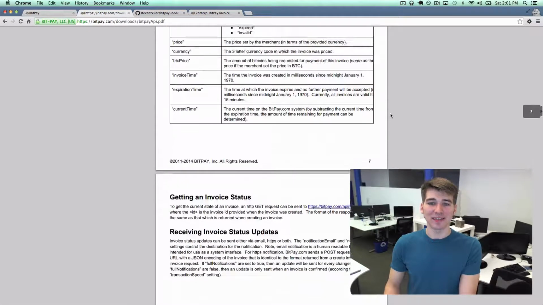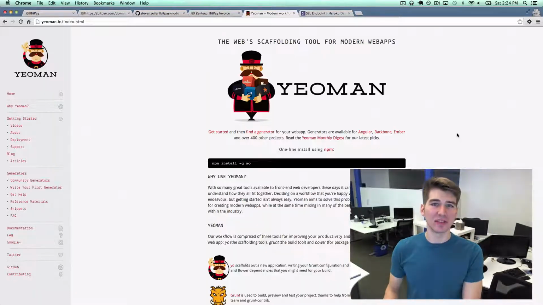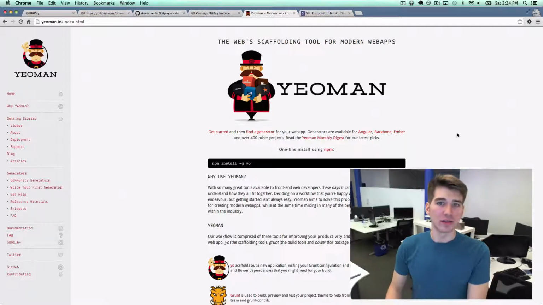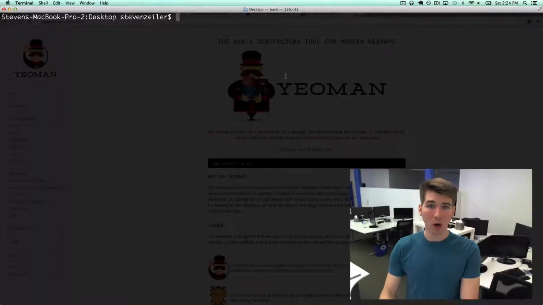Okay, so it says in the documentation that when you create an invoice, you pass in the notification URL option. Let's try that out. I'm going to be using Yeoman to generate an Express application. Yeoman is very easy. It's npm install yo, Y-O, and then you can use yo express to generate a new Express application. First, I'm going to make a new directory, BitPay tutorial,